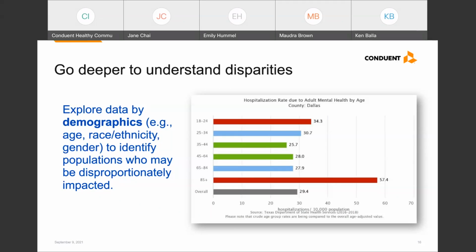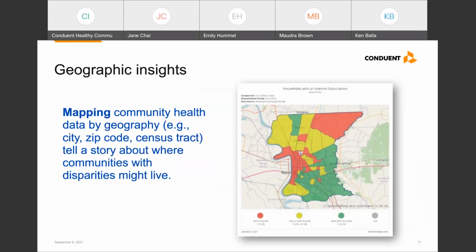Of course, another way to look at the data is by looking at geographies. So your community health dashboard should also have the ability to map data by city, zip code, or another regional grouping to help show which communities may be more at risk. This is a map of households with internet subscription by census tracts. Areas in red and yellow are those with less access compared to state benchmarks, while those in green are doing better. So looking at this map, you can begin to see some patterns emerge about which communities may have disparities